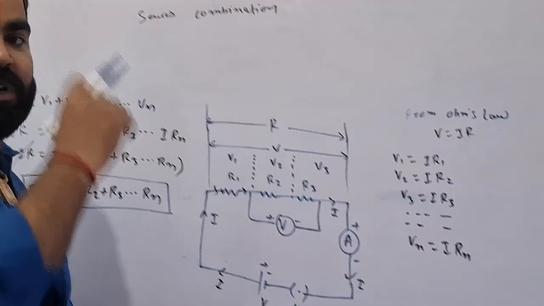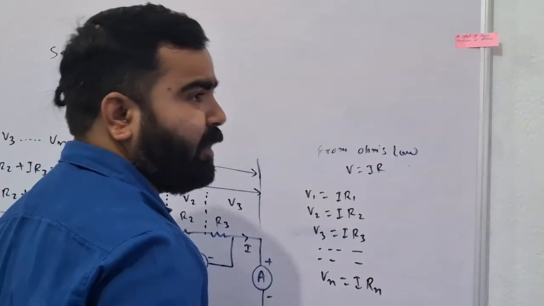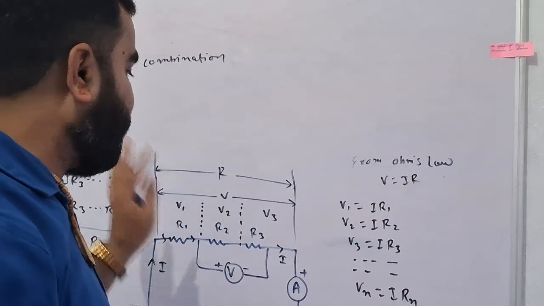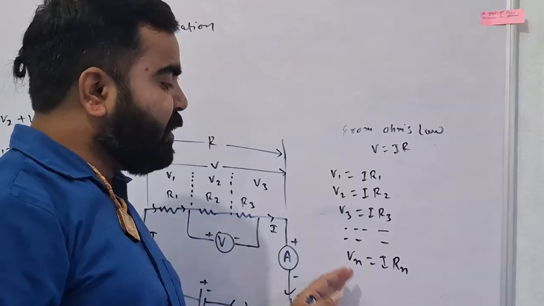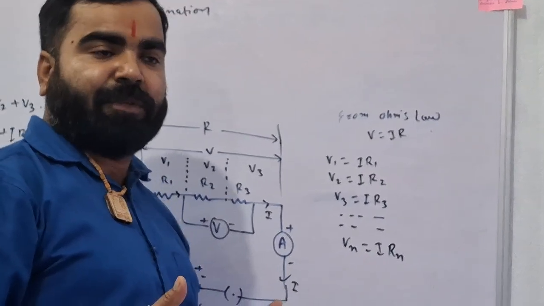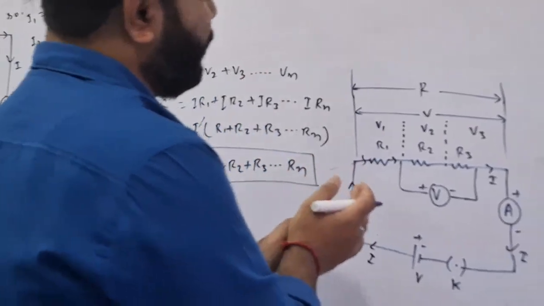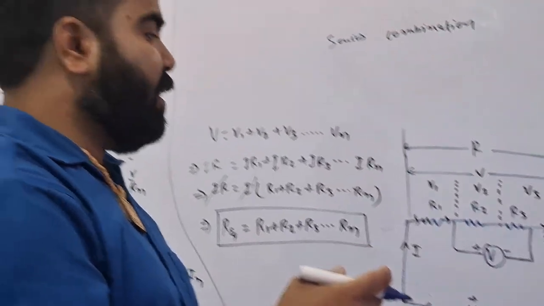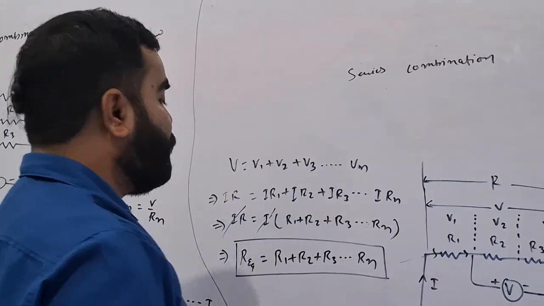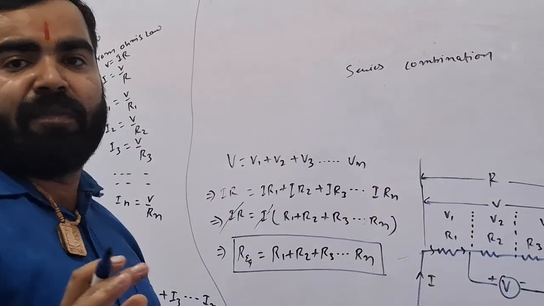If there are n resistances, then in general form, consider 100 resistors, 200, 500, 5 lakh, something like that. The generalization of this statement would be, if there are n resistors, then Vn is equal to I Rn. Now, as we know, for each resistor the voltage is different. So summing up the total voltage, that would be V1 plus V2 plus V3 up to Vn.